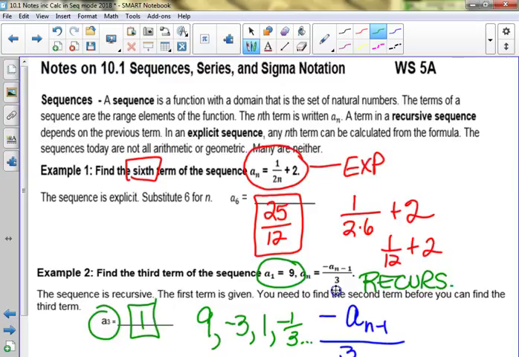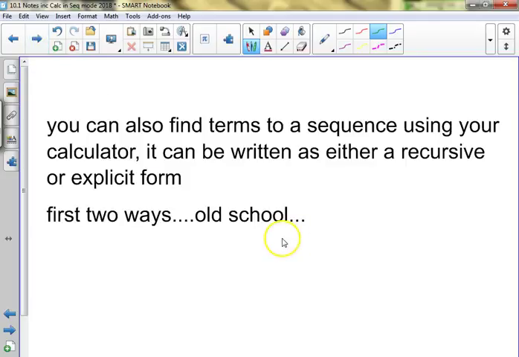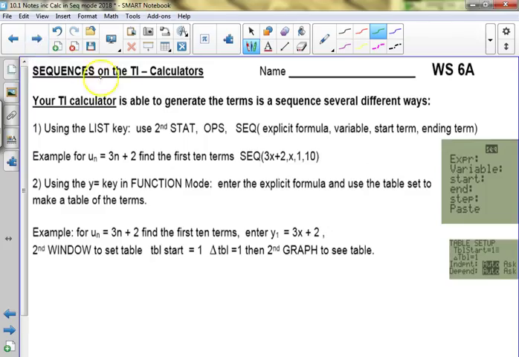We'll come back to this question because we could put this in our calculator in a minute. All right, I want to talk about how to find things on the calculator. I'm going to teach you 2 really old school ways. The first old school way, you could put into your calculator a sequence like a sub n equals 3n plus